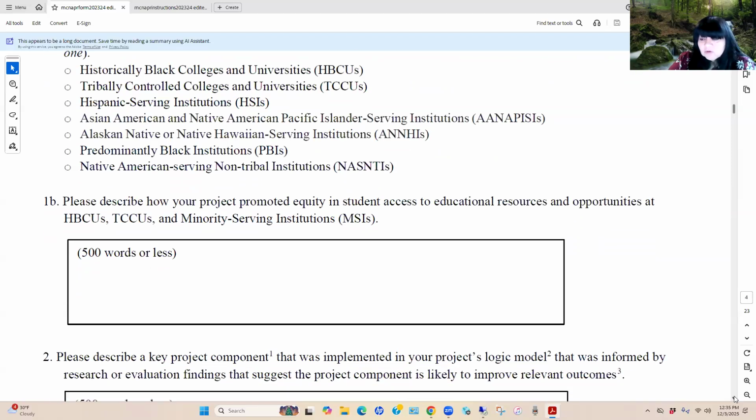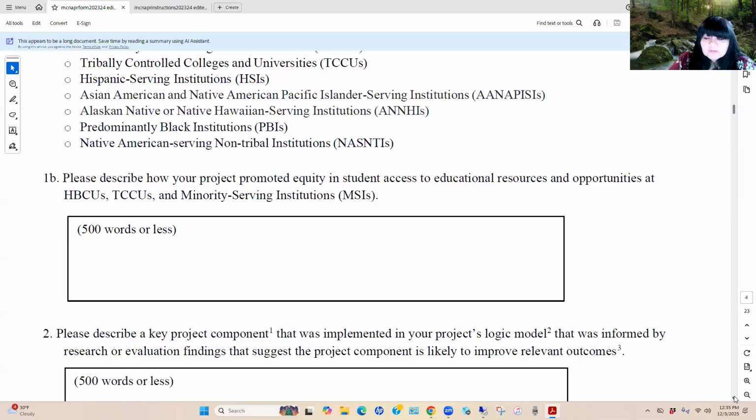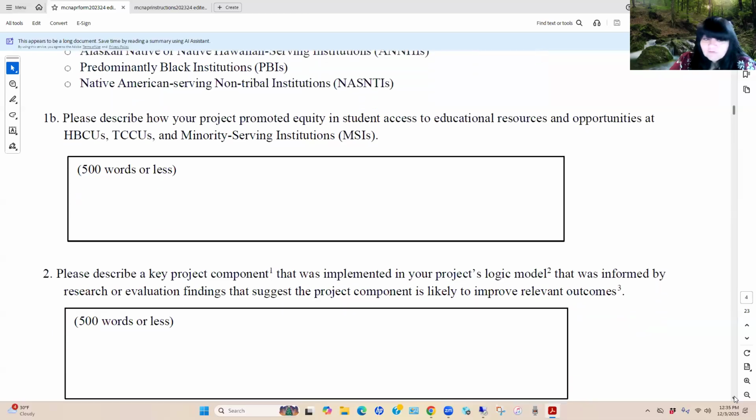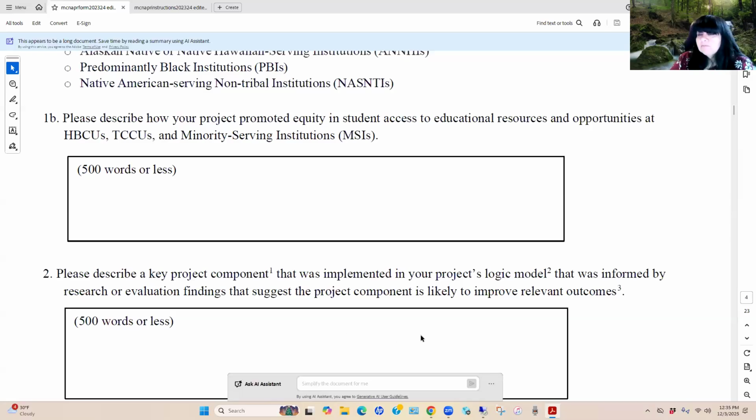The last thing that you want to report on in the competitive preference priorities are some of the key components in your project logic model and how these informed some of the services that you provided and how these were used to engage your program participants so that you could improve the outcomes.